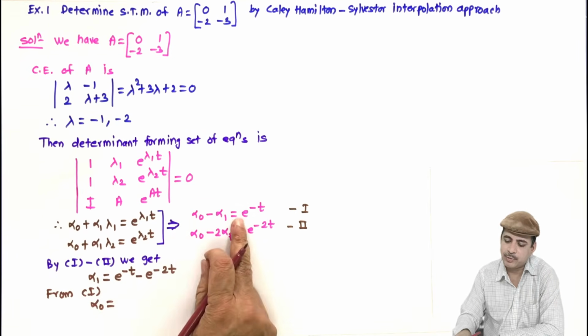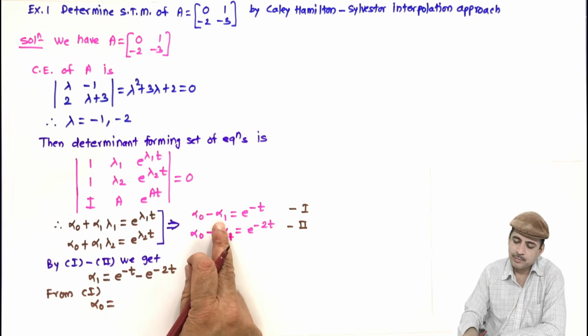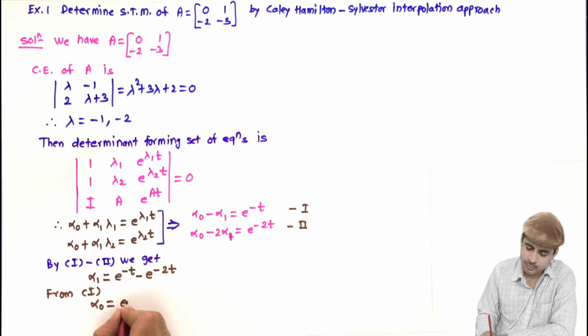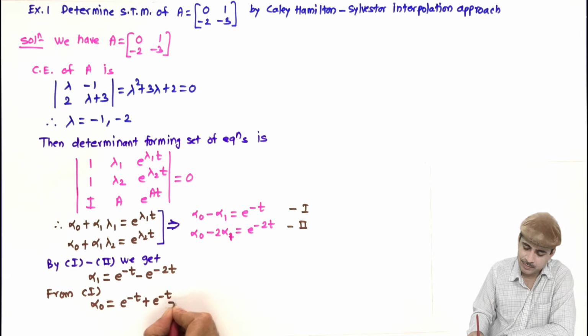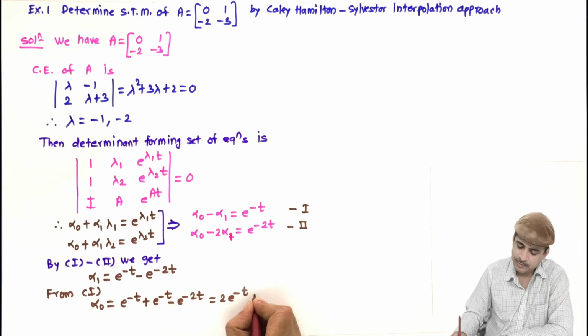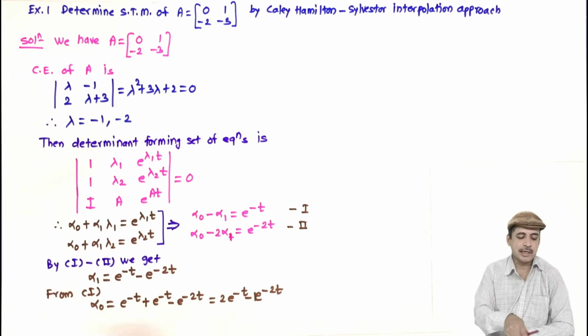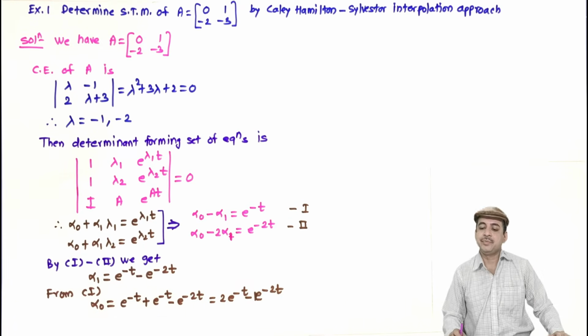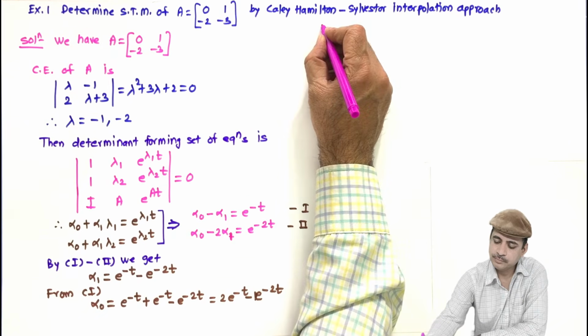Alpha 0 is e raised to minus t plus alpha 1. So it is e raised to minus t plus e raised to minus t minus e raised to minus 2t, and that is equal to 2 e raised to minus t minus e raised to minus 2t. So alpha 0 and alpha 1 are obtained, and then